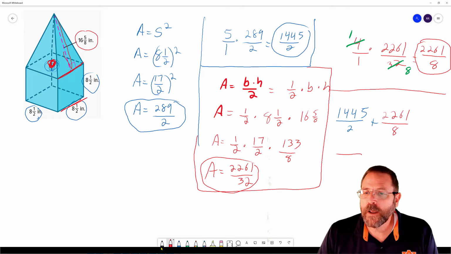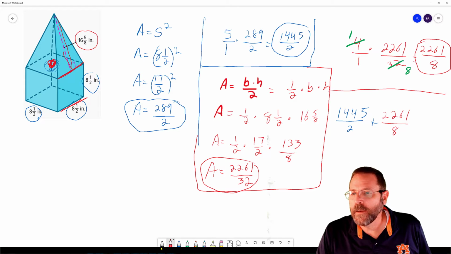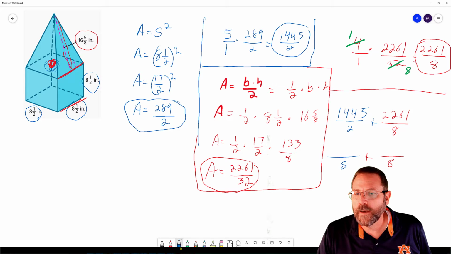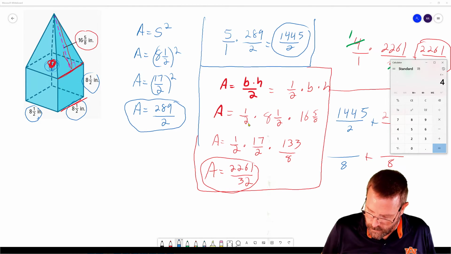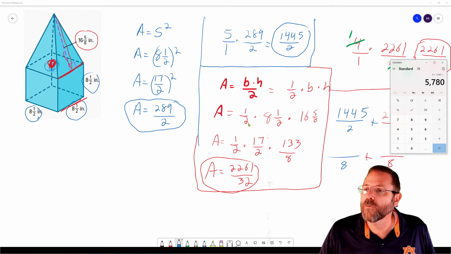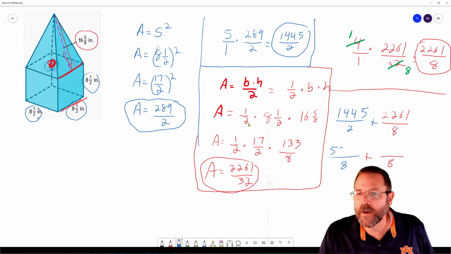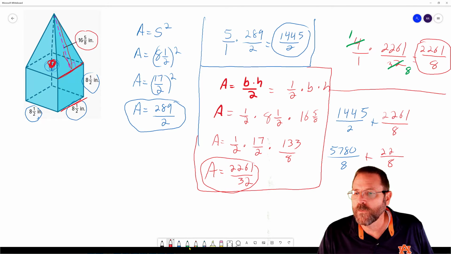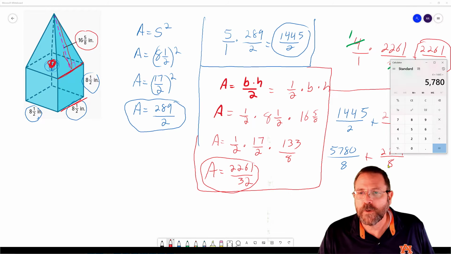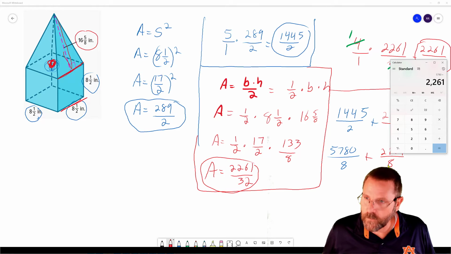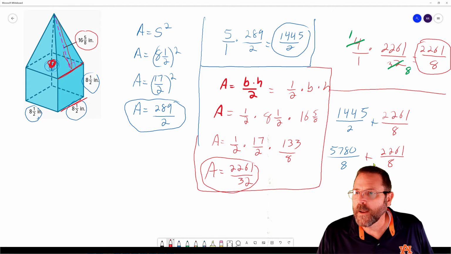Find our least common denominator, which is going to be 8. So something over 8 here and something over 8 here. 2 goes into 8 4 times, and 4 times 1445. We're going to take and do 4 times 1445 equals 5780. And of course, from here, this 2261 is going to come straight down. Now we're going to add those two numbers together. Plus 2261 equals, and we're going to get